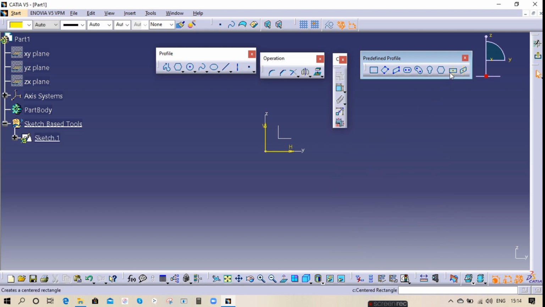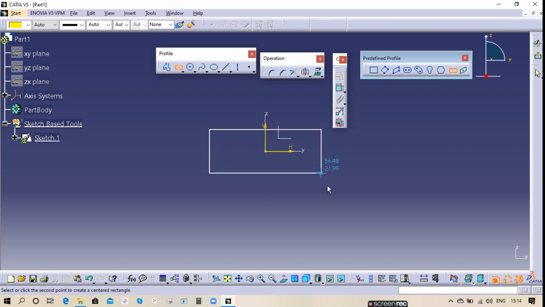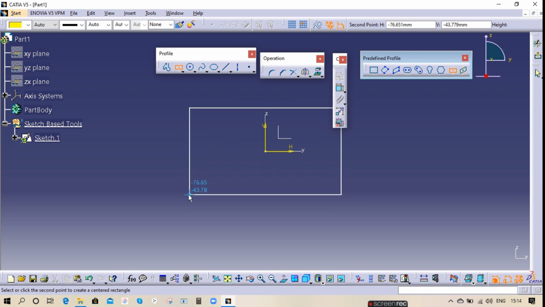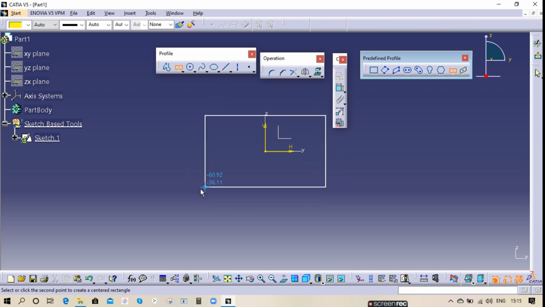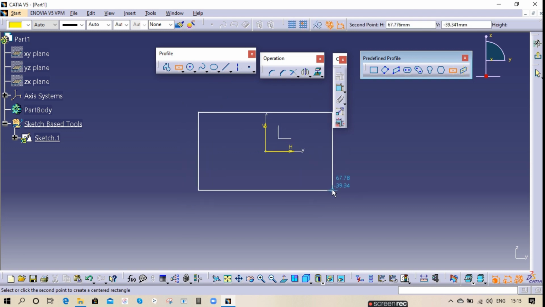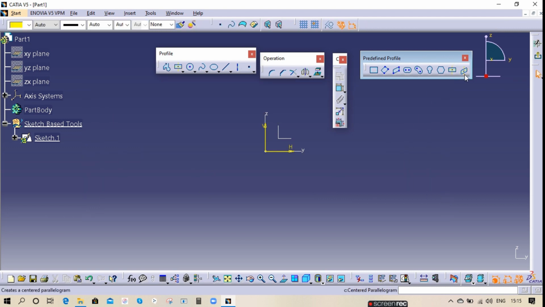And the next one is the centered rectangle. Centered rectangle in the sense, if you pick any center and end up here, both sides left and right will be the same length and breadth. You understood, right? See, this is how the centered rectangle will work. And the next one is the centered parallelogram.